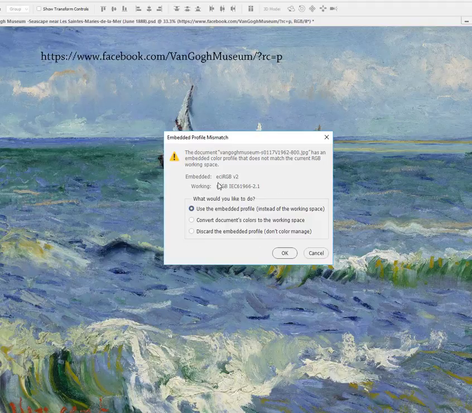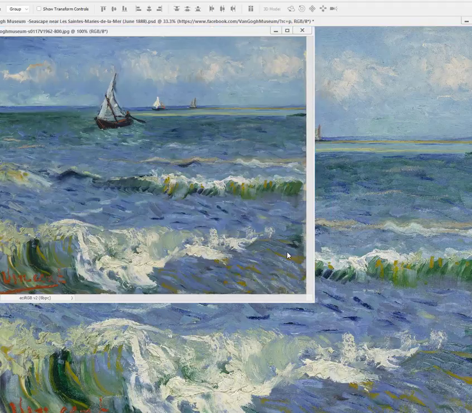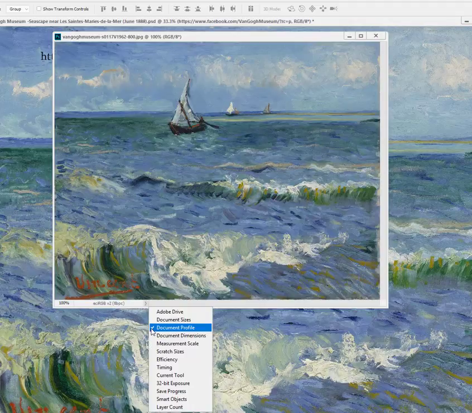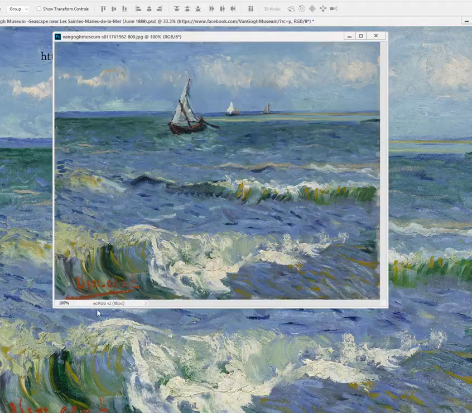So I'm clicking OK on these options, and here's the image on my monitor, and at the bottom here is the document status information, and you can see it shows the document profile, and the document profile is ECI RGB. So now the interesting question is how does this image compare color-wise to the image from my Facebook